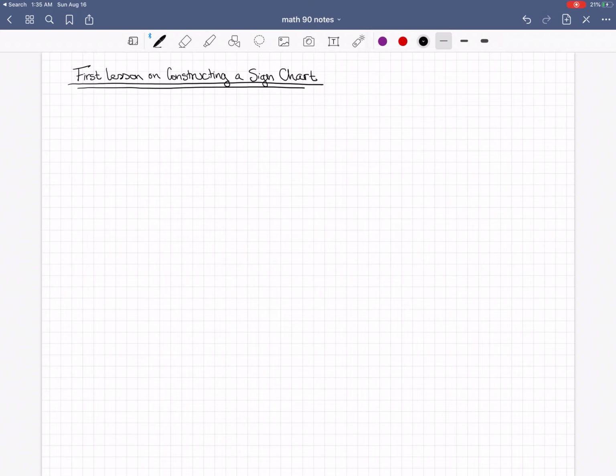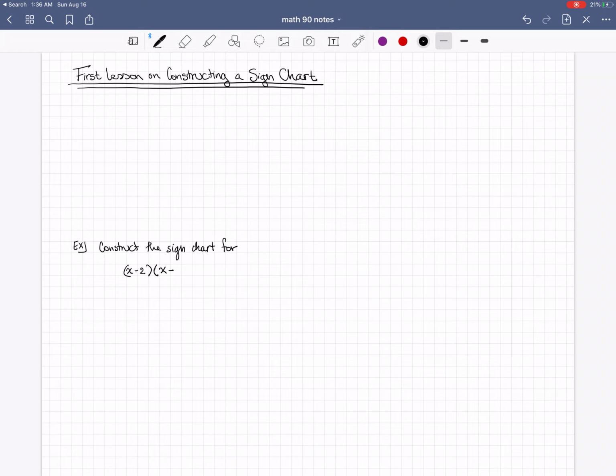In this lesson, we're going to talk for the first time about how to actually construct a sign chart. To do this, we will look at a couple of examples after having first talked about some key terminology. I'm going to leave a little bit of blank space here, but for our first example, we're going to construct the sign chart for the expression x minus 2